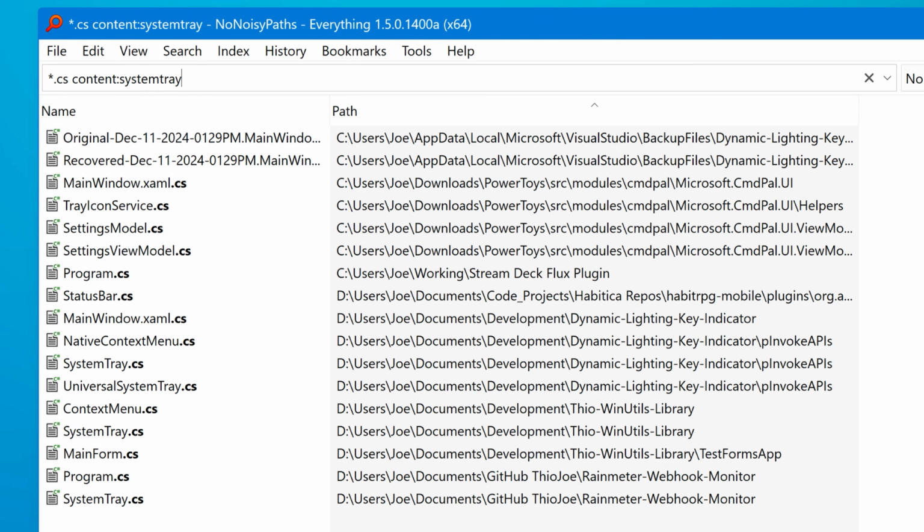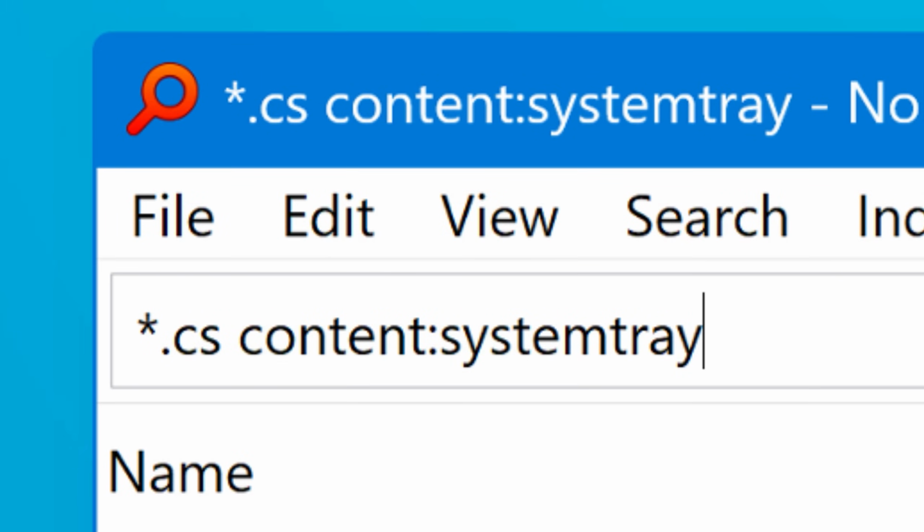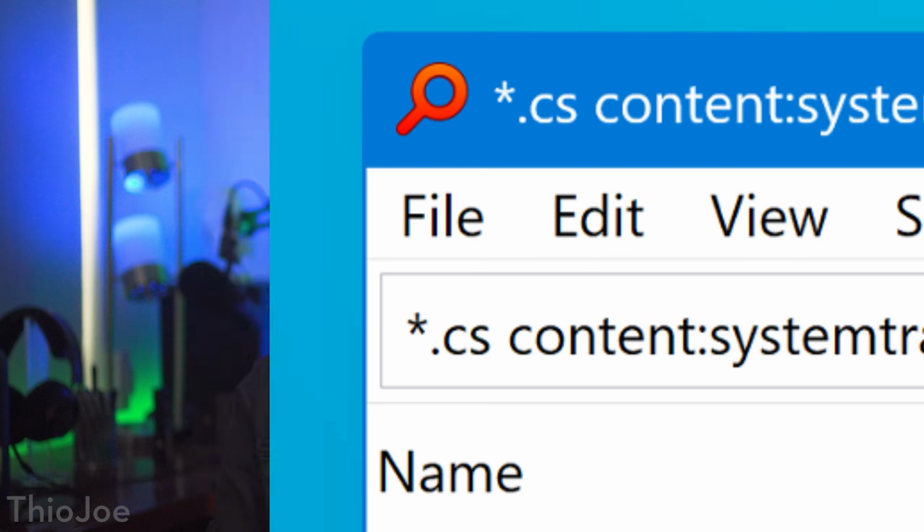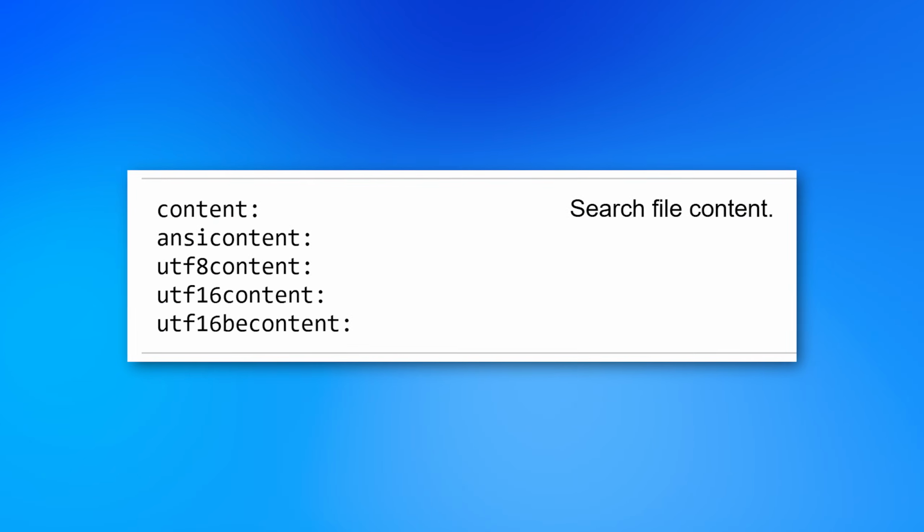Now, this is obviously going to take a little bit longer because it has to actually manually search through the contents. So you'll want to have it narrowed down as much by the file name as possible, and that way it won't have as much to search through. In this case, it still really did not take long at all. It defaults to so-called UTF-8 encoding, if you know what that is. If you don't, it's not really something you have to worry about. Otherwise, I will mention that there are other encodings you can search, like UTF-16, which is what you would probably use if you need to search through binary files, for example.